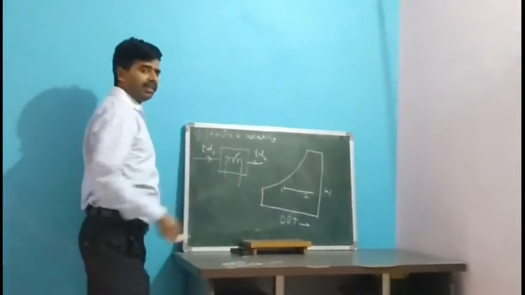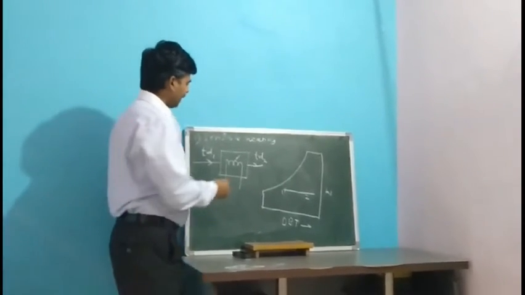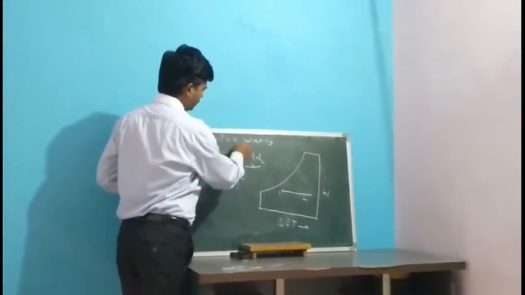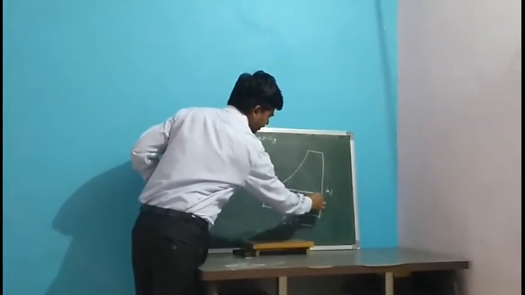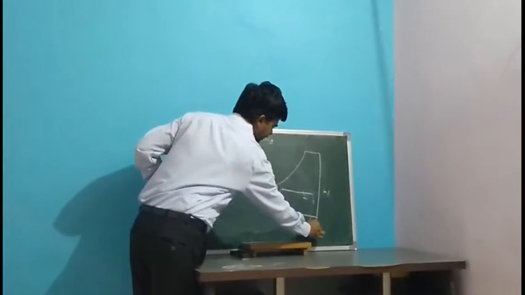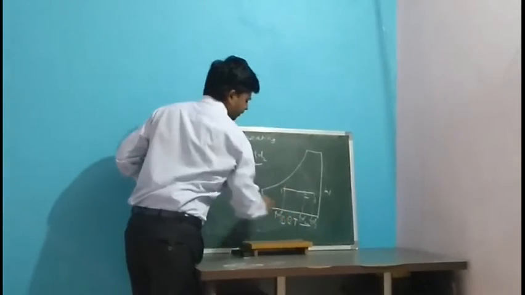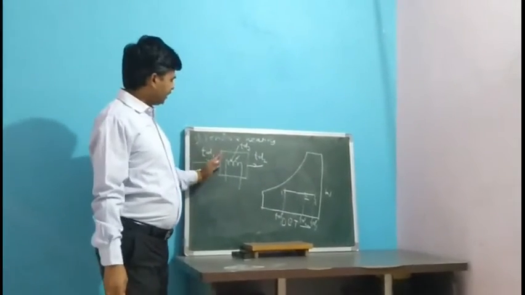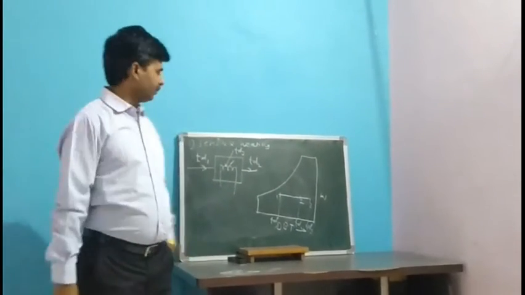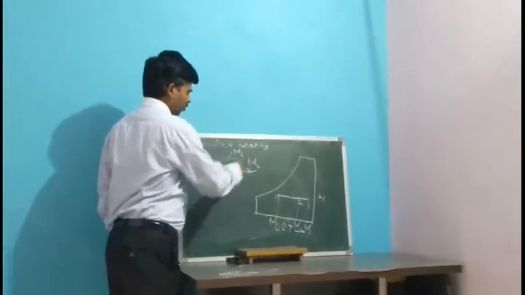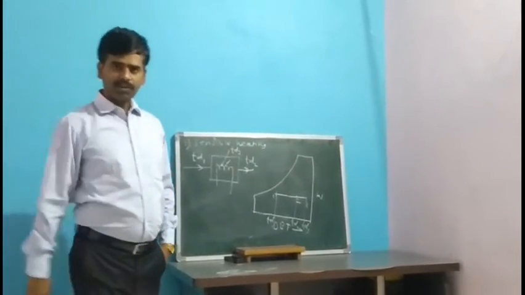Some of the air bypasses the heating coil. The actual temperature of the coil is TD3 basically. The corresponding temperatures I am writing here: this is TD3, this is TD2, and this is TD1. TD1 is the temperature of inlet air, TD2 is the temperature of outlet air after passing over that coil, and TD3 is the surface temperature of that heating coil.